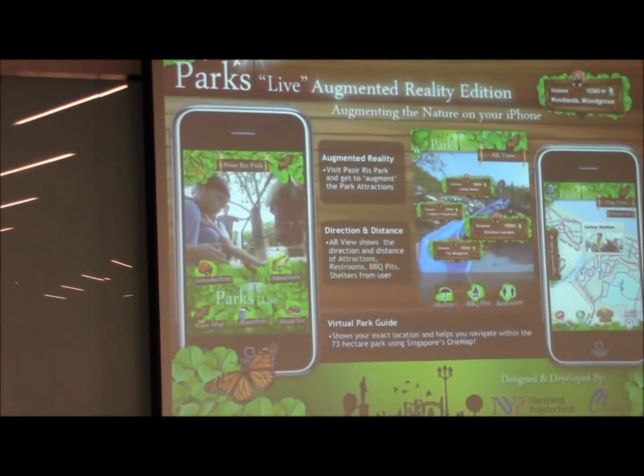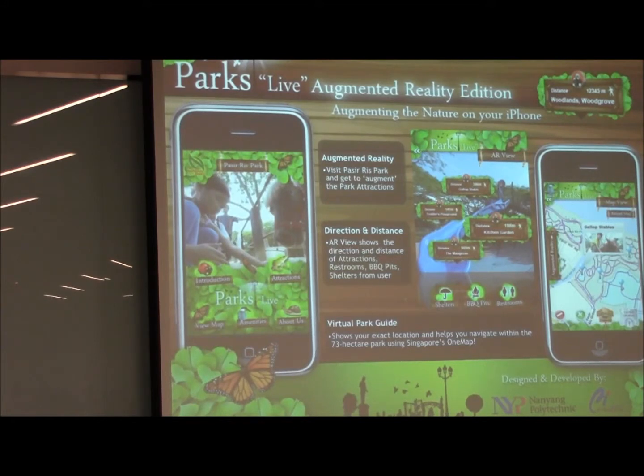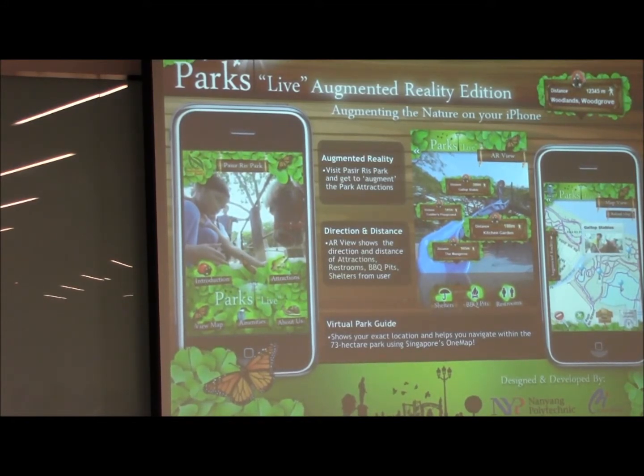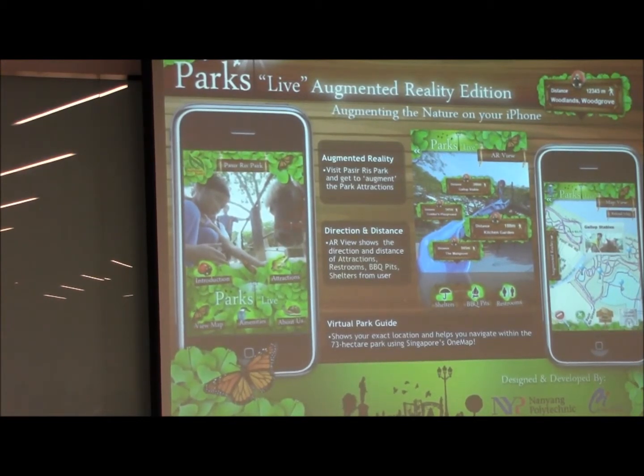PlugFest. This is the very first app that was built using One Map. We were there with SLA when they launched One Map, I think in 2010. Three months before launching the One Map service, they came to us because they wanted some apps to showcase the use of One Map. So we were there with them. It was launched at the Asian Civilisations Museum. I'm not sure whether some of you were there. 2010, we were there.